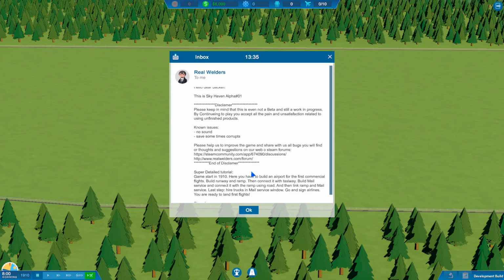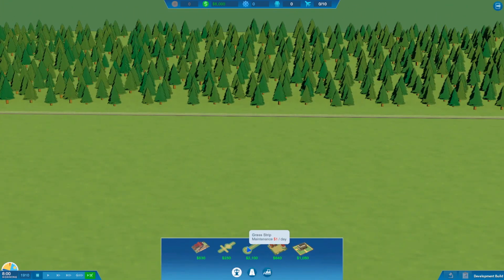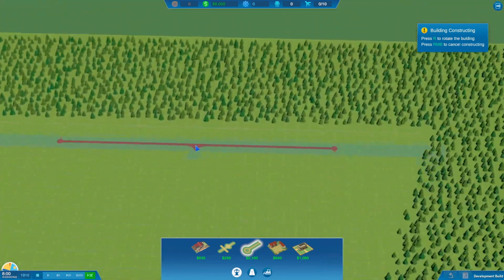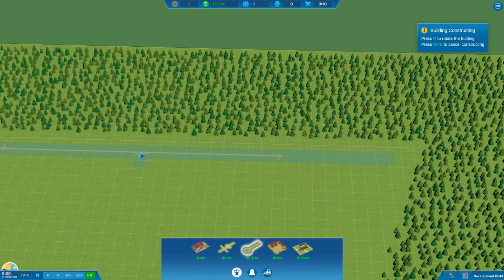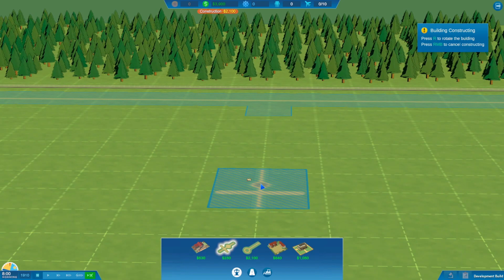And the good thing coming back to this is we got a better idea of how to do stuff. So first things first, we're gonna build this. We're gonna do the same basic setup again, minus one